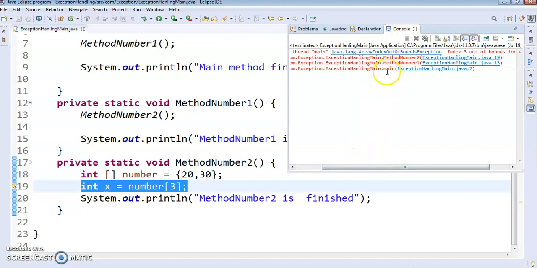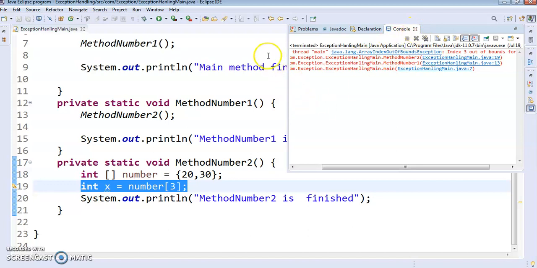This is the main method, where at line number 7 it has called method number 1, then method number 1 called method number 2, and that is where the exception is caused. And what is that exception? It is java.lang.ArrayIndexOutOfBoundsException.